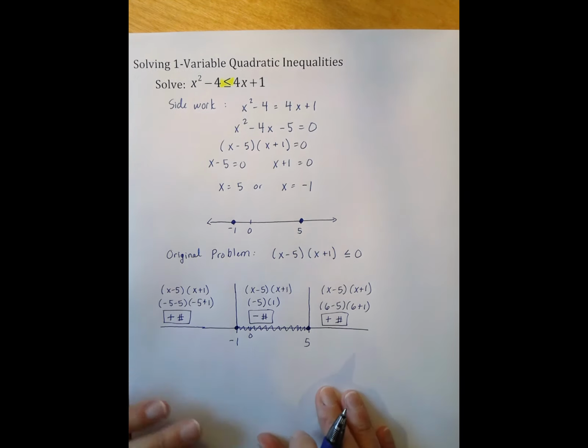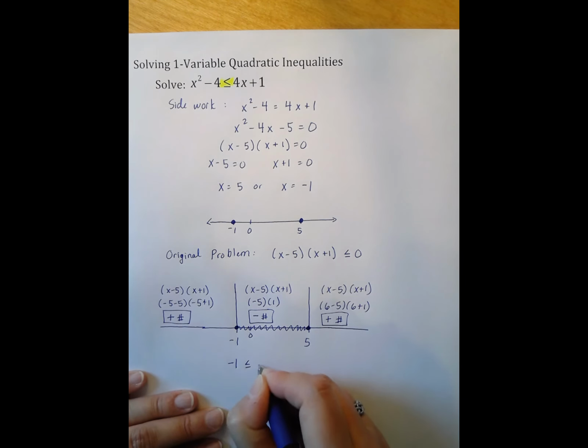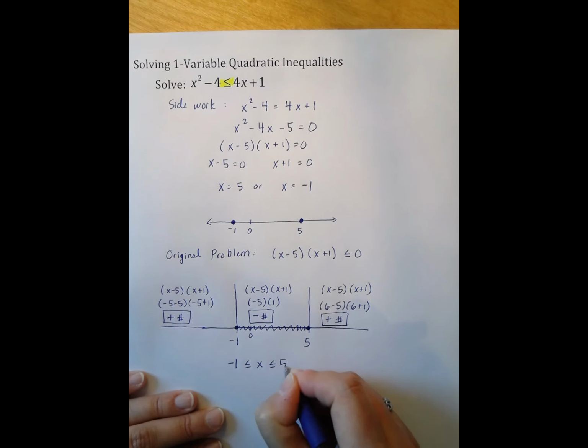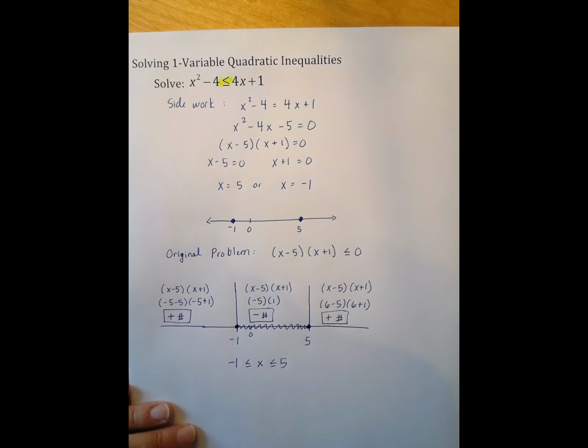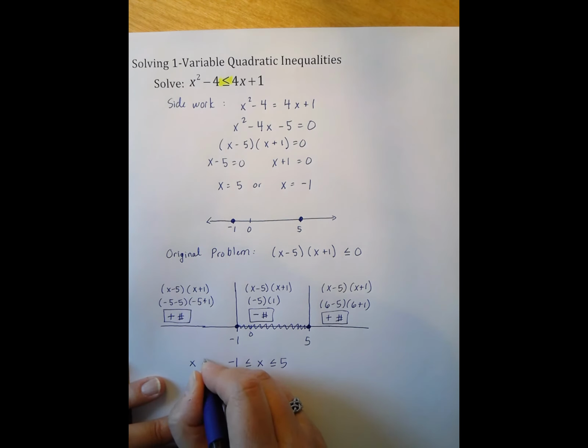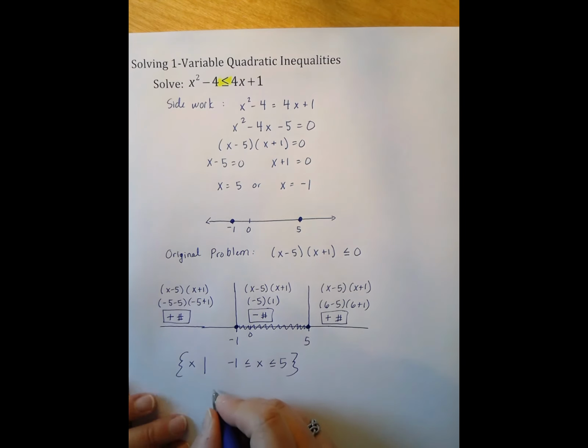So my last step here is I'm going to write this answer as an inequality. So I have negative 1 less than or equal to x less than or equal to 5. This is set notation, so we have x such that, and use my brackets, or I could also write this as interval notation, negative 1